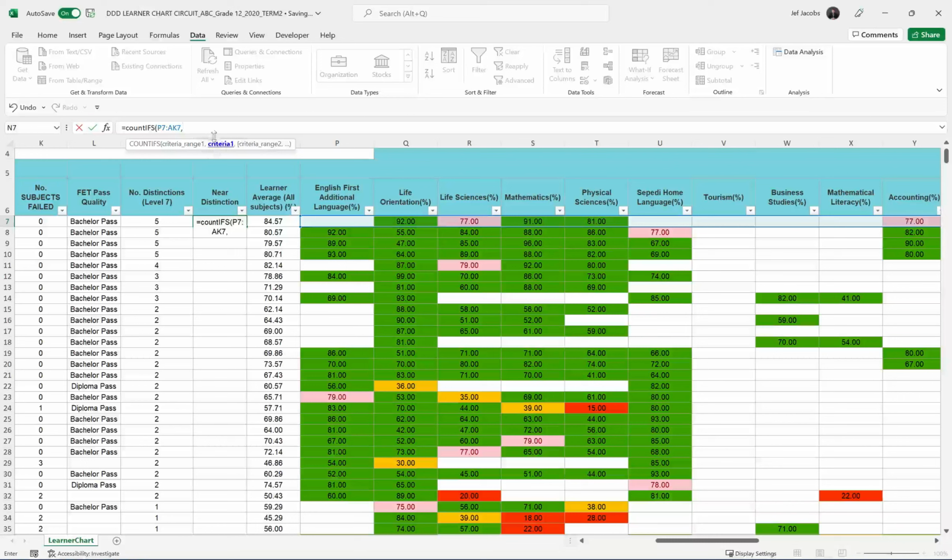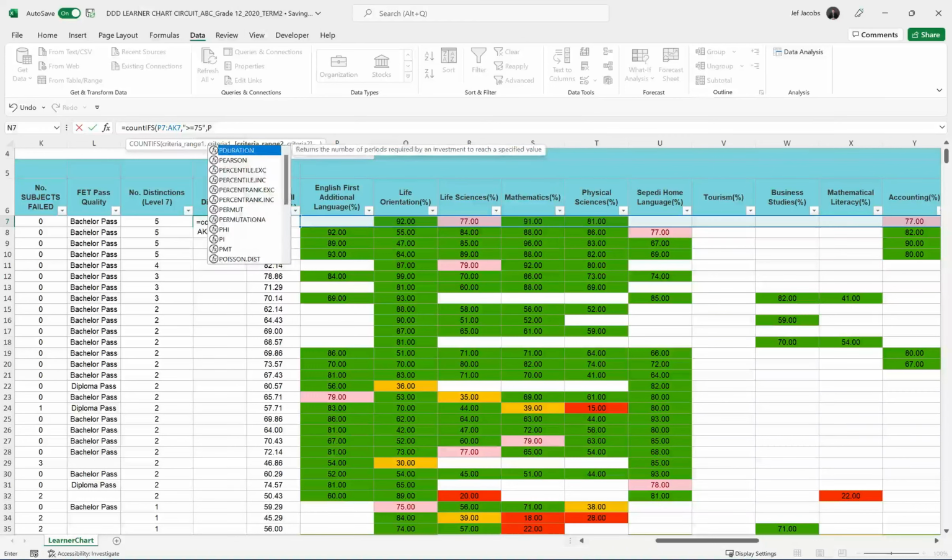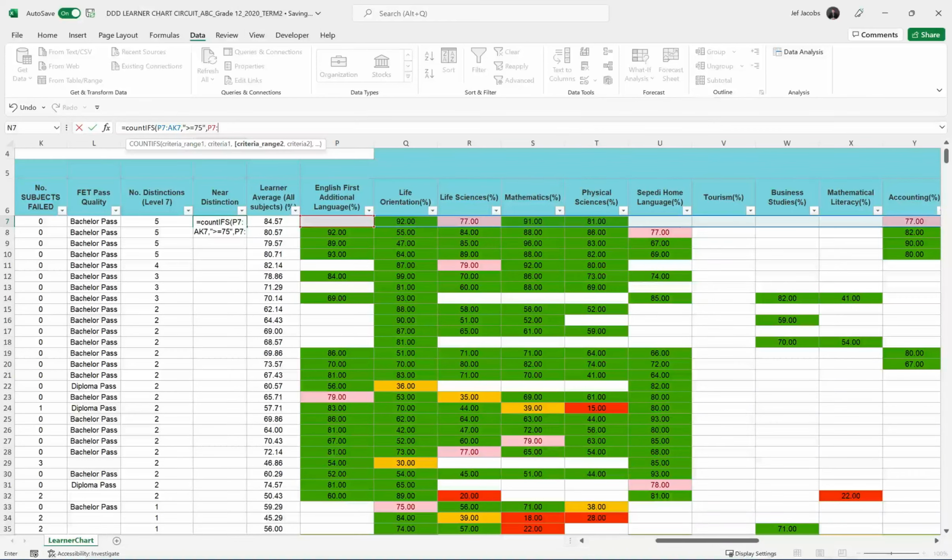I've specified the first range. I now need to specify the first criteria. So we need to do this in inverted commas. And we need to say, well, the first criteria is greater than or equal to 75. Close inverted commas, comma. Now we need the range for the second criteria. It'll be the same range. So you can select that range again, or simply copy whatever the formula was in blue. So I will just say P7, AK7. Now we've selected the same range,